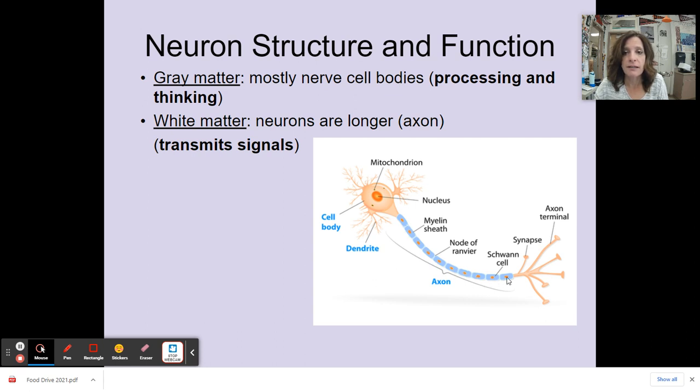And think of that as like if you have a wire and you cover it with rubber, then the signal is going to travel faster. And that's the purpose of this myelin sheath, is that it helps the signal travel faster. So in your